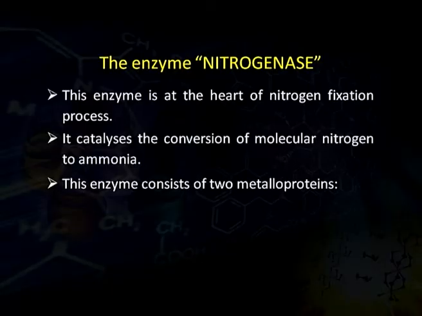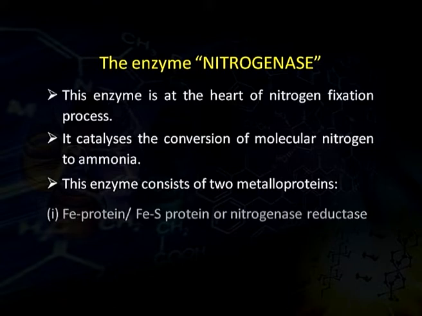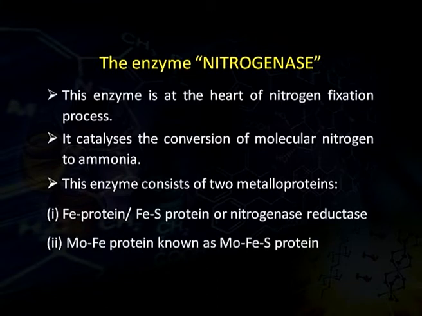Coming on to the enzyme nitrogenase. This enzyme is at the heart of the nitrogen fixation process because this is the enzyme which converts free nitrogen to useful nitrogen. It catalyzes the conversion of molecular nitrogen to ammonia and this enzyme consists of 2 metalloproteins. Metalloproteins means proteins which contain some metal. The first part is iron protein, which is also called iron sulfur protein or nitrogenase reductase. The second metalloprotein is molybdenum iron protein, which is also known as